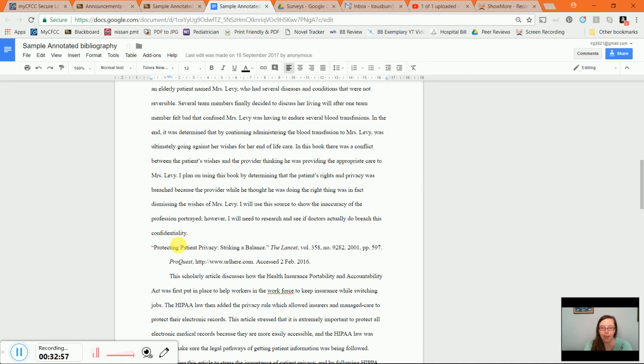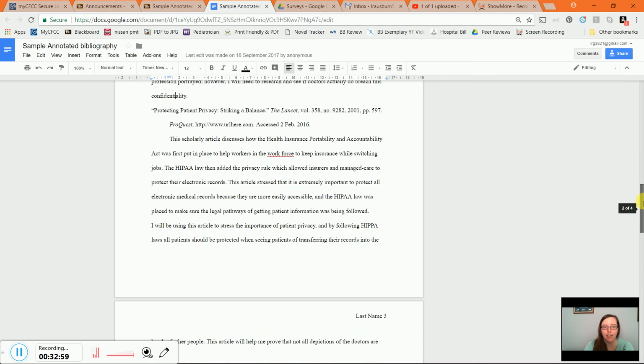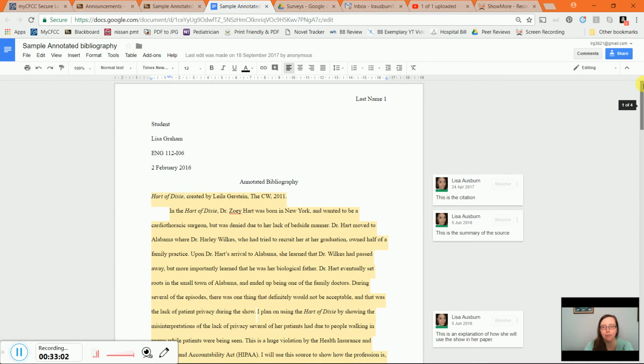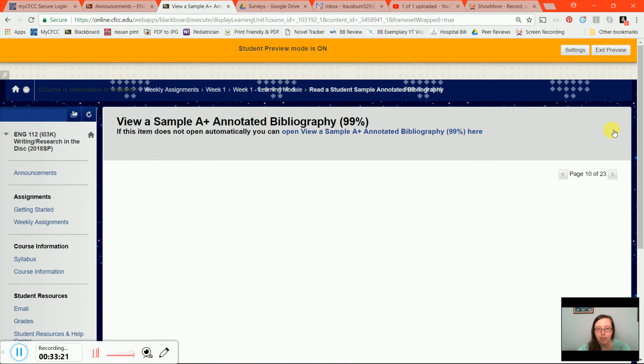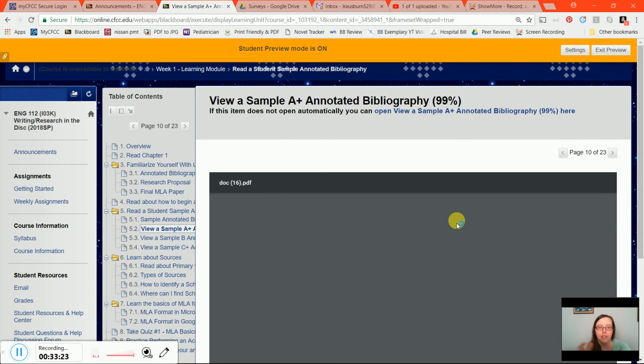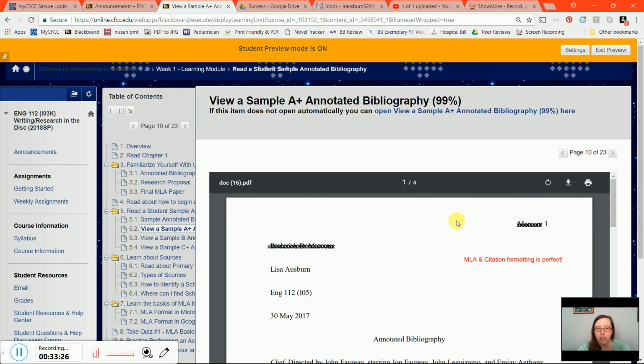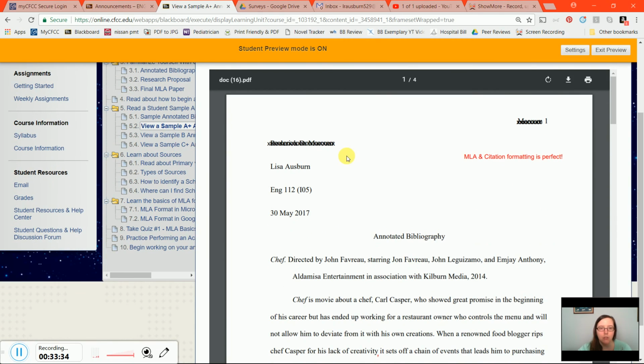Some students in the past have also added a works cited page all the way at the bottom of their annotated bibliography. That's not necessary. You don't have to do that. In fact, you shouldn't do that. I probably won't take off points, but this is all you need. What you see here is all you need. Within this folder, you can also find sample graded annotated bibliographies if you wanted to see how I grade, or if you wanted to see anything else like that, like why this student got a C+ and not an A, what did the student do wrong.